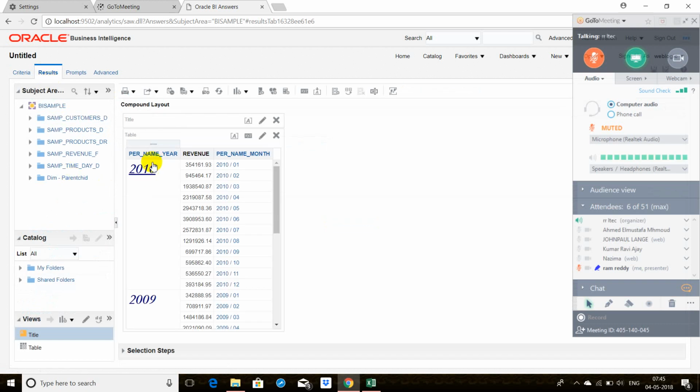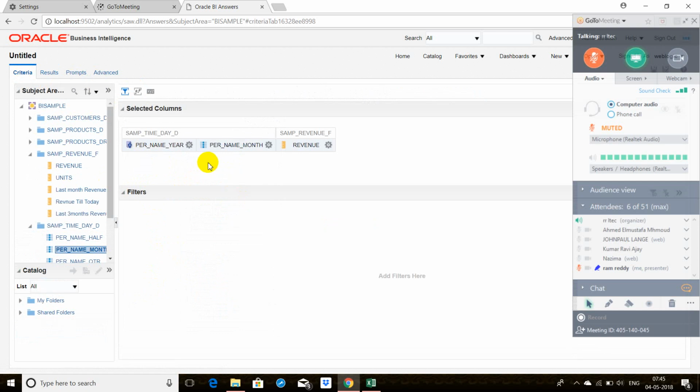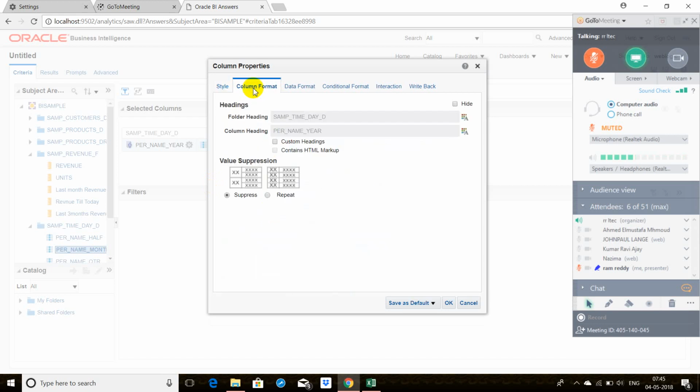So right now, 2009 and 2010 is only one value it is showing. So what will happen if you go and repeat that value? The value is going to be repeated for each and every row. That is suppress and repeat. Let's say I go to column properties and column format. If I say repeat the value, this value is going to be repeated for each and every row